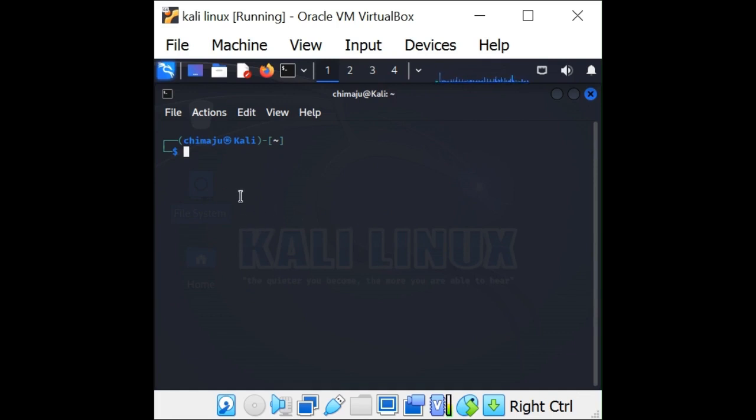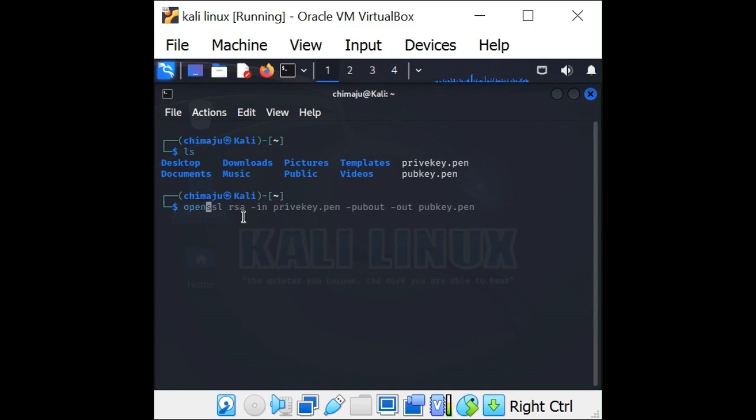We're using these two key pairs, privkey.pem and pubkey.pem. First, we have created these two key pairs. What we'll do next is create a certificate signing request with the command openssl req, requesting